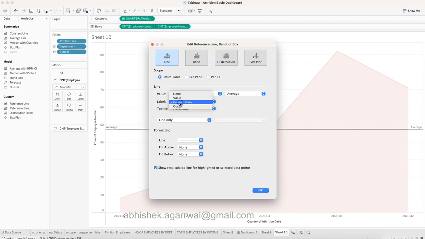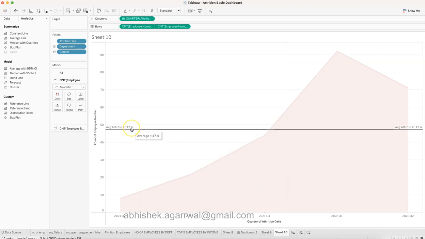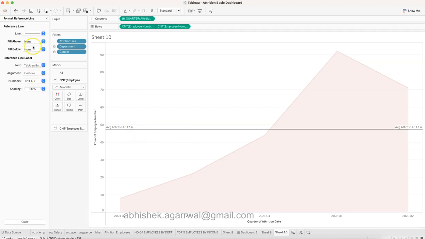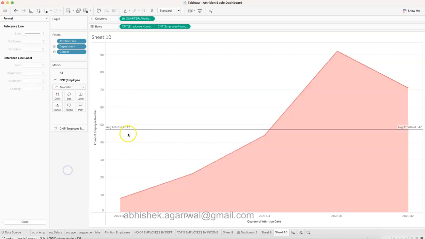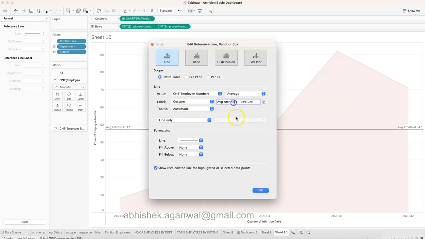Label, nothing is displayed, but what we will do is we'll say custom, average attrition count is coming over here and say value and click OK. 47.4. Now 0.4 does not make sense, so what you can do is right click and say format. Over here you have the numbers, and then from the number we can say 0. So 47. Attrition, the spelling is wrong, so I'm going over there, attrition,